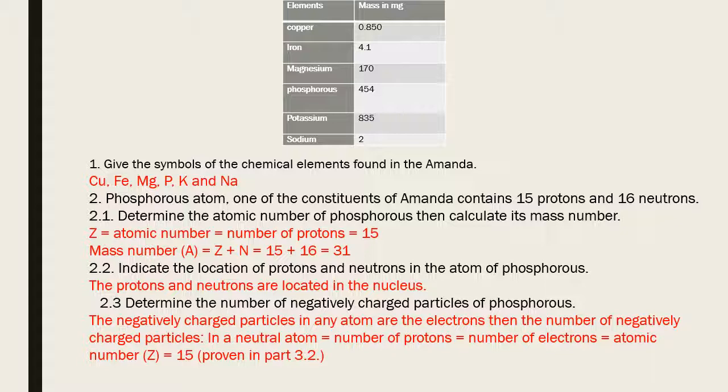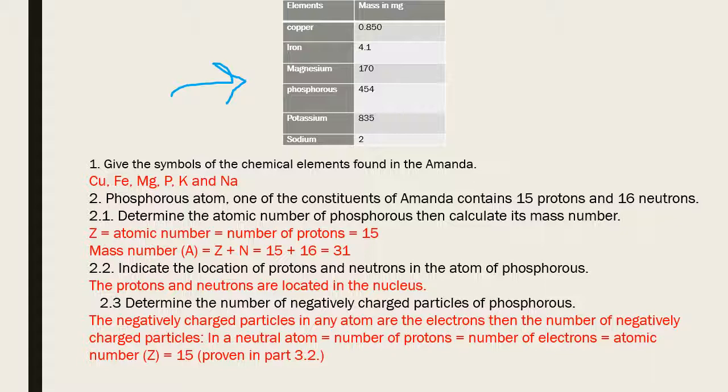So I copied the table because we need to answer the questions according to this table here. I give the symbols of the chemical elements found in the amanda. I don't mind if you use the periodic table. I don't expect you to know these yet. So copper is Cu, iron is Fe, magnesium is Mg, phosphorus is P, potassium is K, and sodium is Na. Alright, so I don't mind if you use the periodic table to help you with these